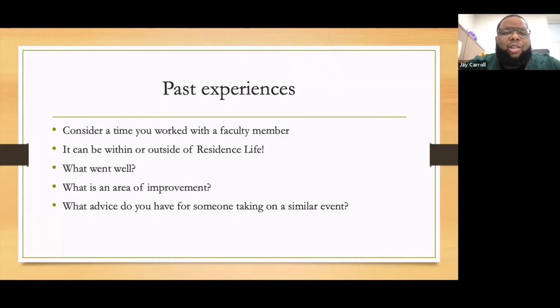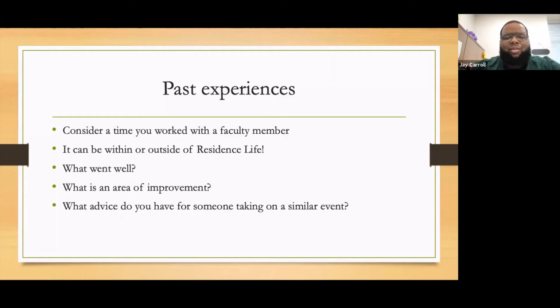My past experience with a faculty member was in my undergrad years, which was a long time ago. I put on a program where I had witnessed a resident of mine being a bully, and I wanted to target that.